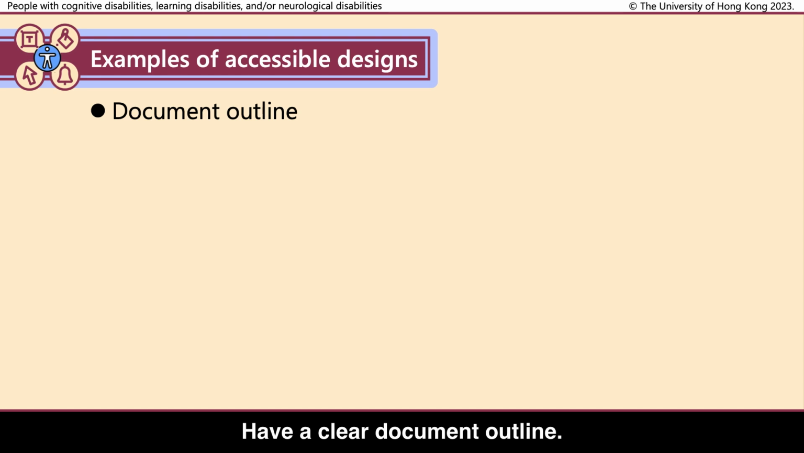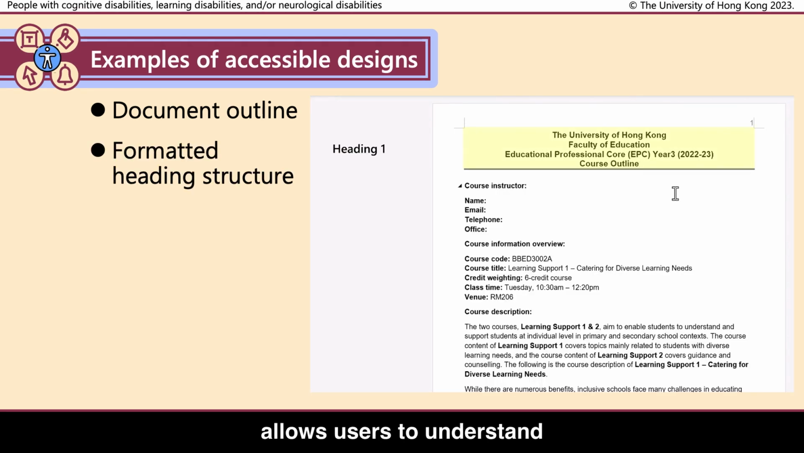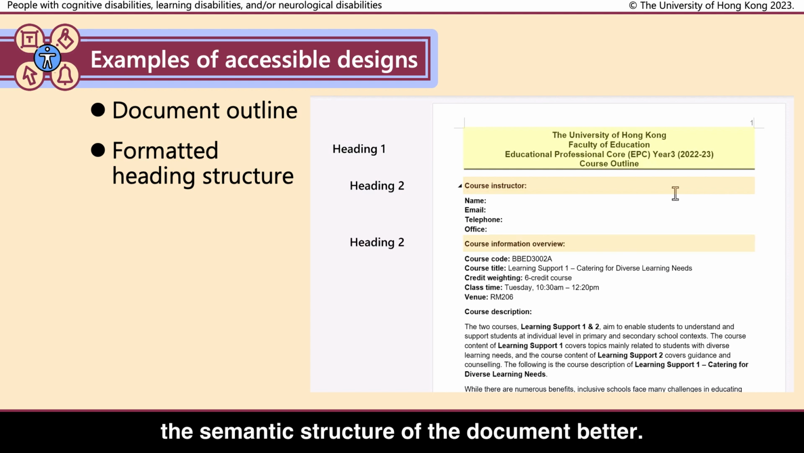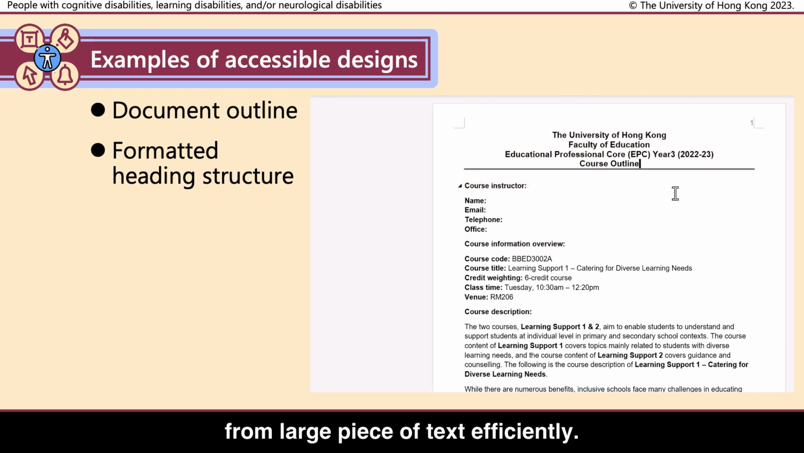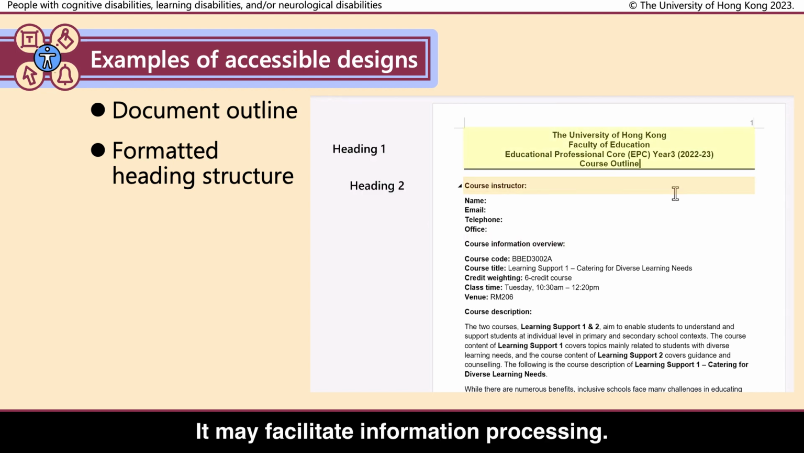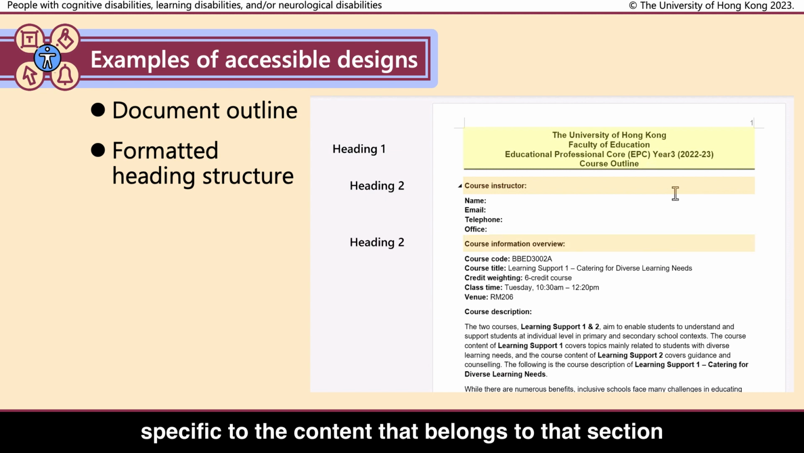Have a clear document outline. A well-formatted and meaningful heading structure allows users to understand the semantic structure of the document better. Users could jump between headings to look for information from a large piece of text efficiently. It may facilitate information processing. It is suggested to keep headings concise, specific to the content that belongs to that section, and clear to someone